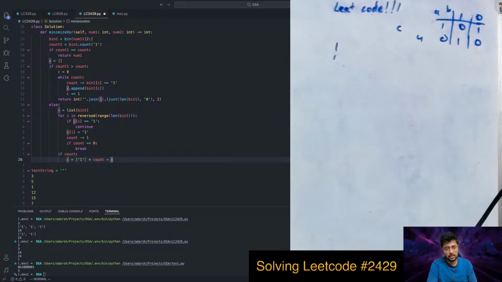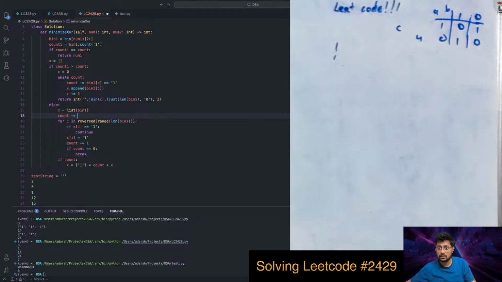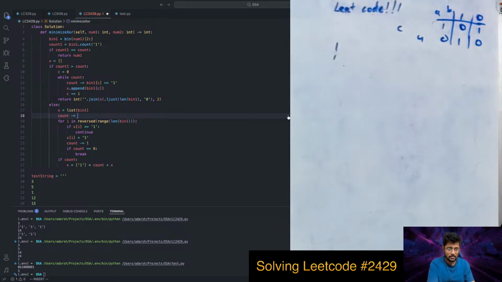So the remaining we just have to add them to the start. We cannot not add them basically. And count will change to count minus equals to